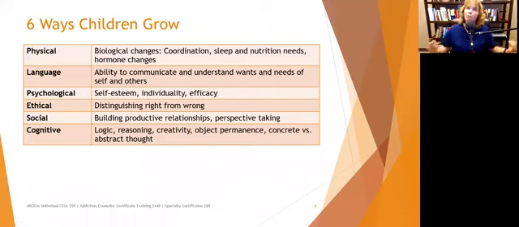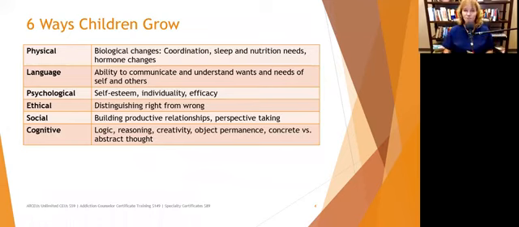Physically, biological changes happen, and that can be growth spurts, and children experience these when they experience them. For my children, for example, they would go through spurts where intellectually maybe math would be the thing that they were doing and excelling at, and it would seem like their language skills would fall back a little bit, and then it would swap, and it was this sort of 2 steps forward, 1 step back thing all the way through early elementary school. And the pediatrician said, yeah, that's just normal development.